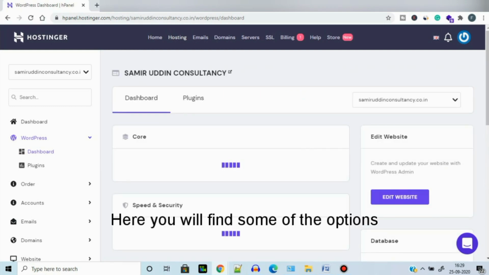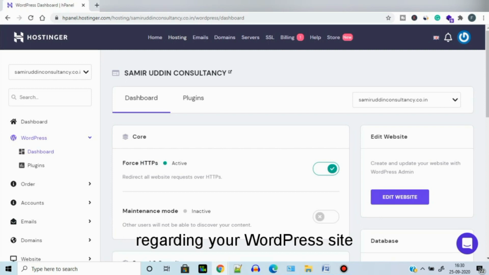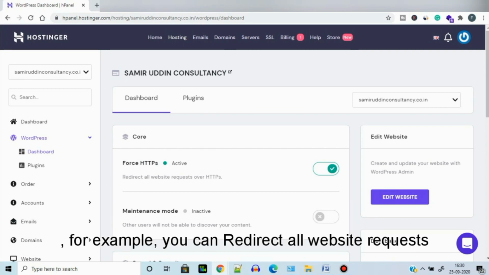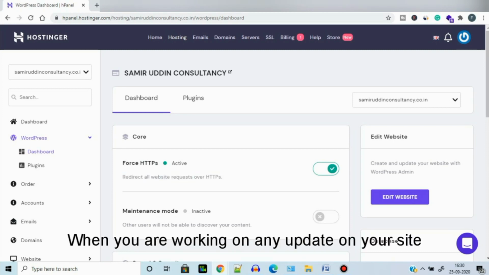Here you will find some of the options regarding your WordPress site. For example, you can redirect all website requests over HTTPS from here.